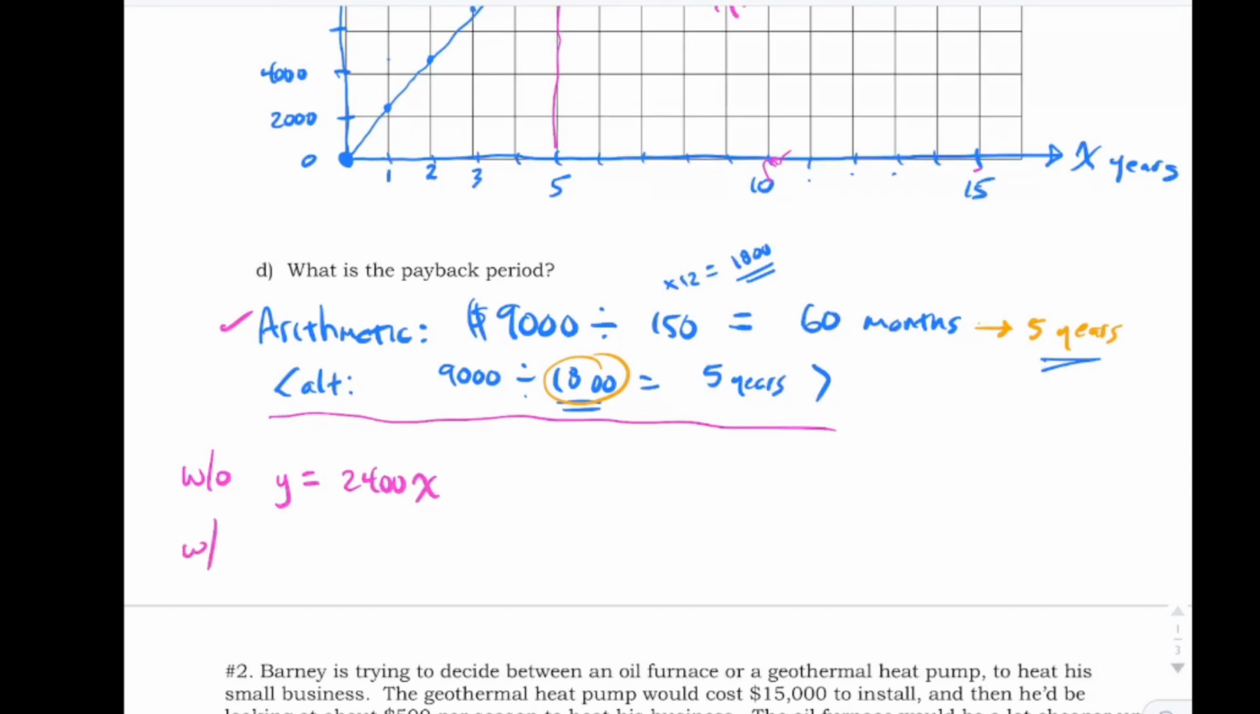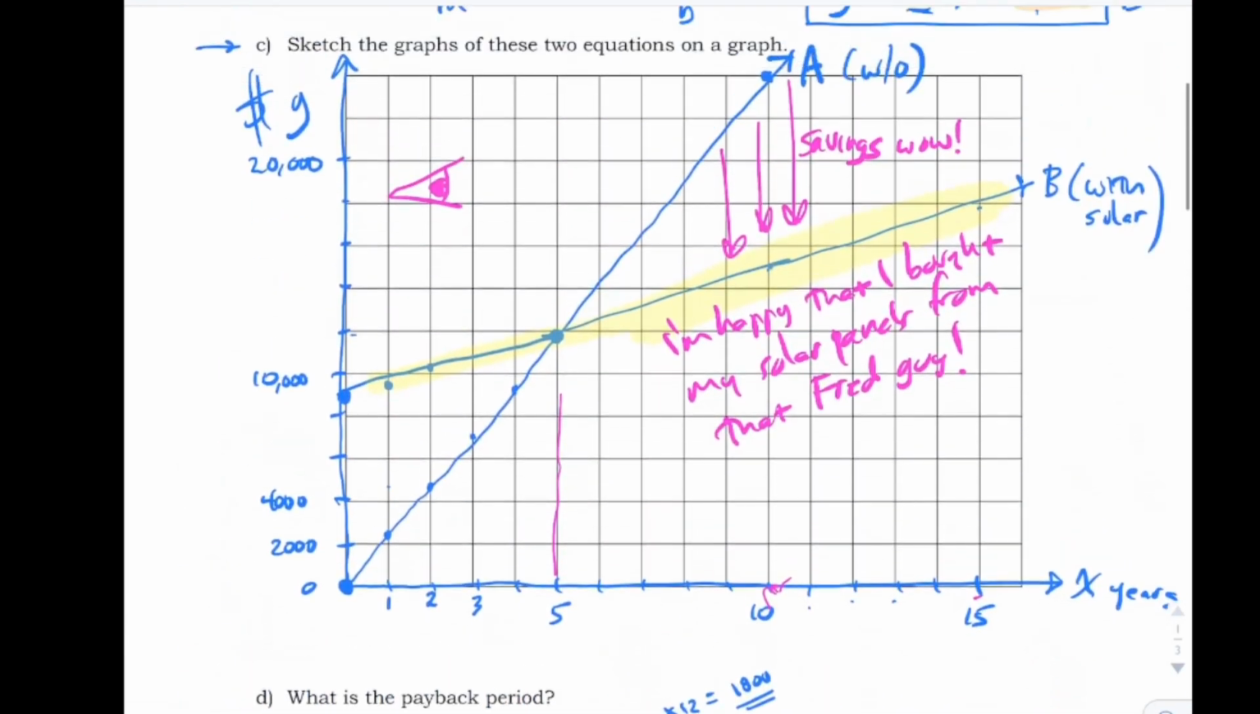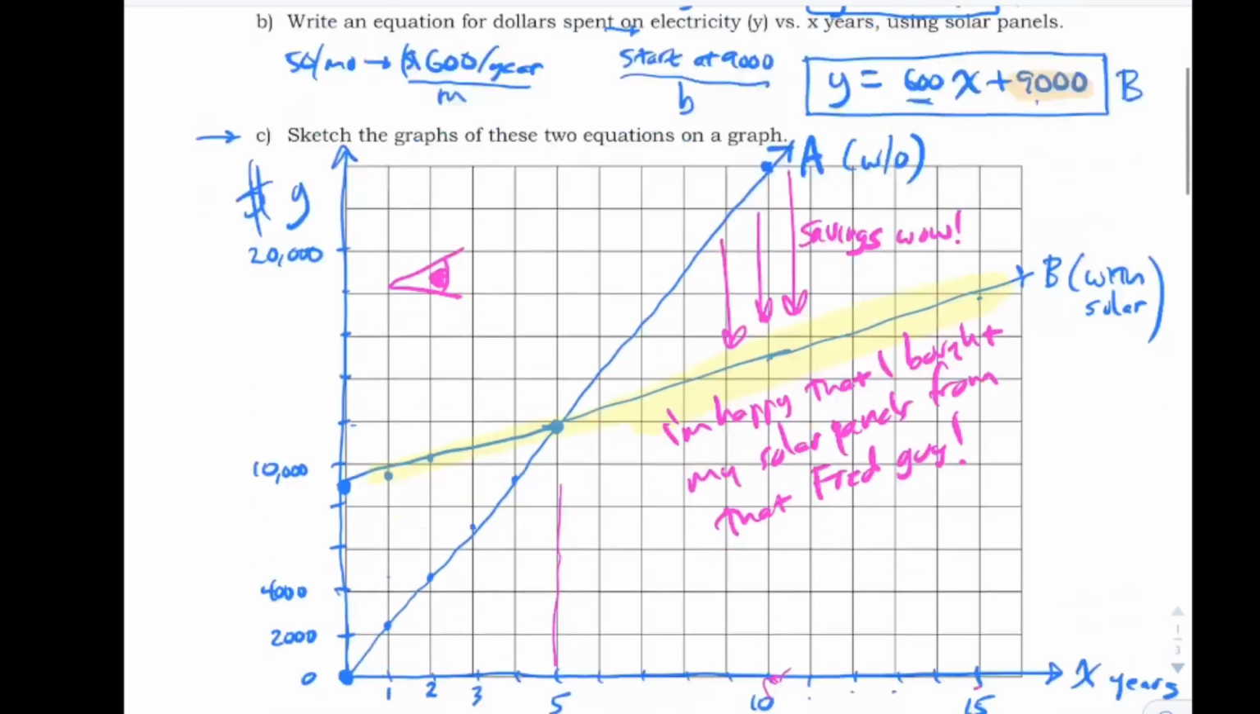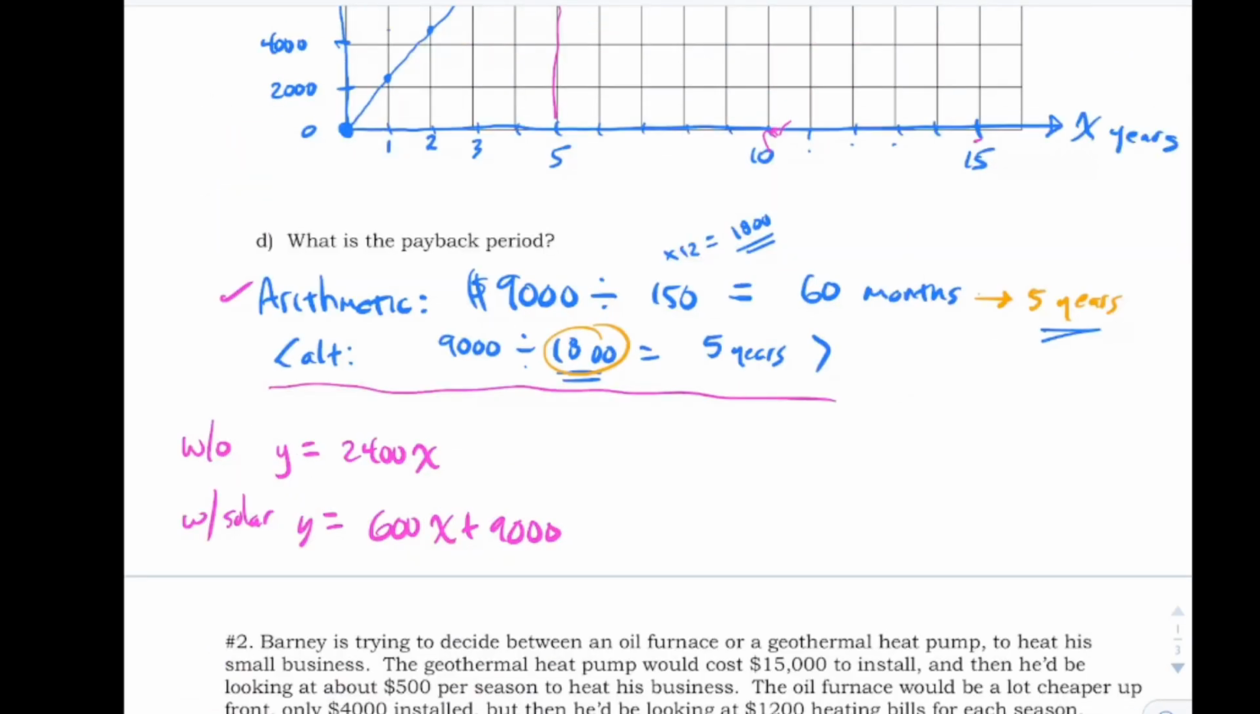With solar, the cost was $600 per year with $9,000 up front. Let me make sure I got those equations right. 2,400x. Yeah, good. I got the equations right. So this is nifty. Y dollars is what you'll spend without, and here's an equation for how much you'll